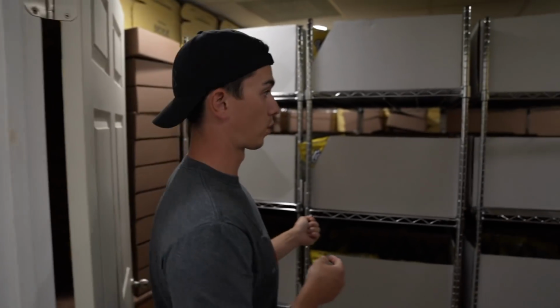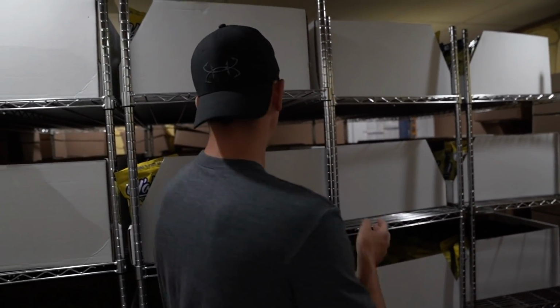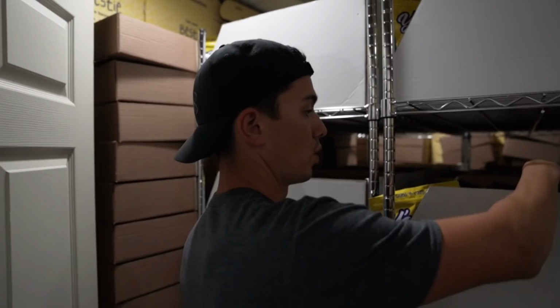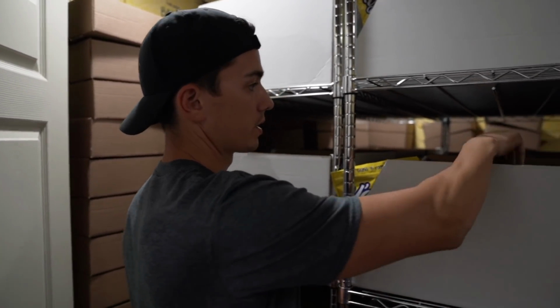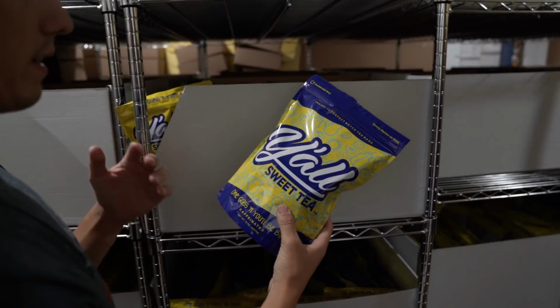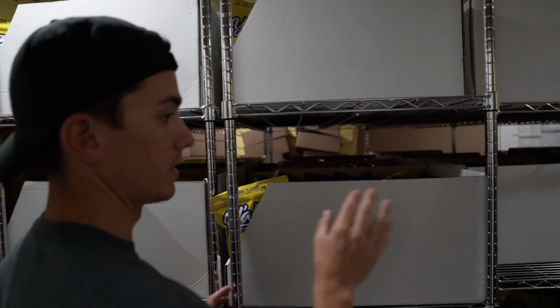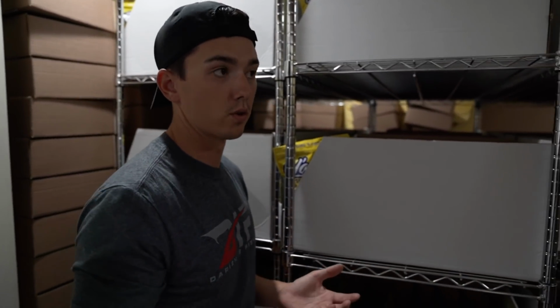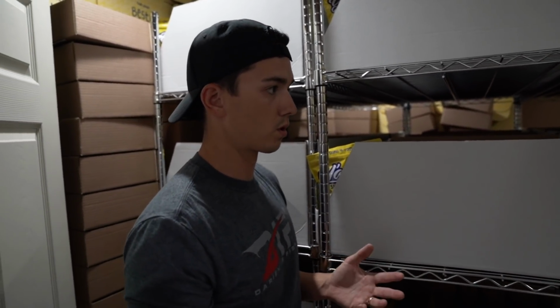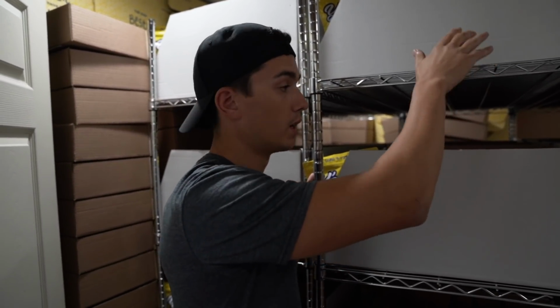now what we've got is the storage room, which is a lot of chaos right now because we're preparing for a big launch. But essentially we've got the same carts with these white U-line boxes, and each white U-line box holds 20 bags of tea, whether it's caffeinated or decaf. And so we're able to move these around. Like for example, I was just packing orders earlier and we did a couple thousand orders, and we're able to take these carts and roll them straight to the